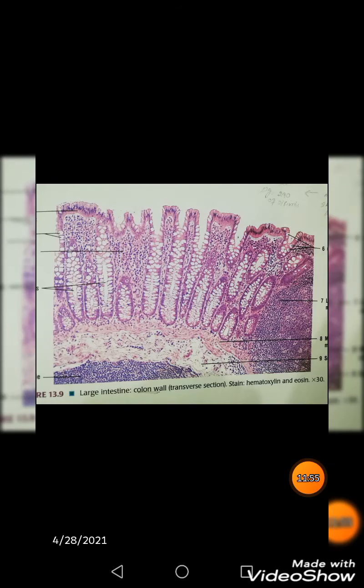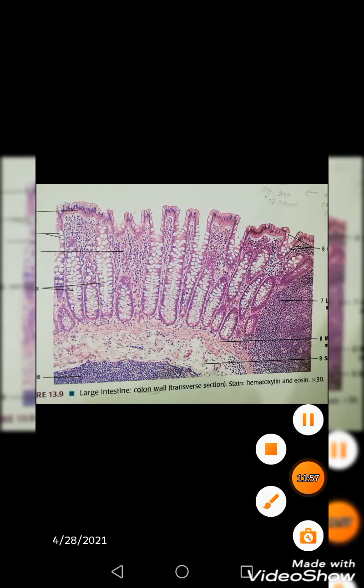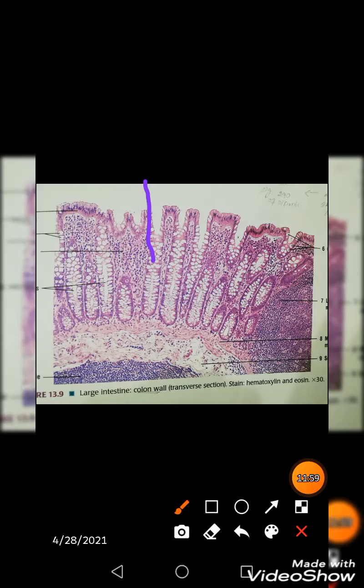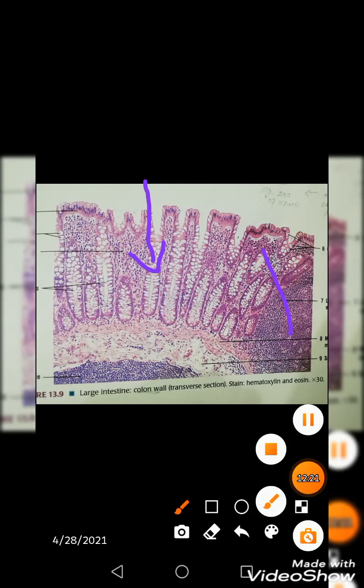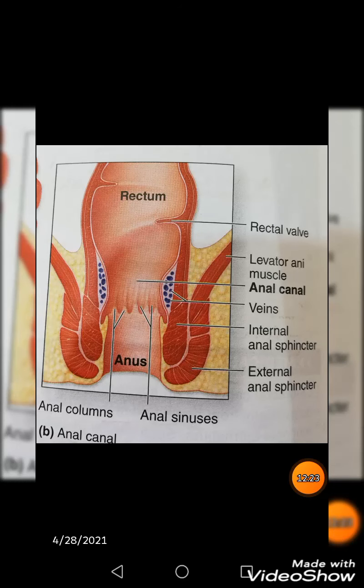Now this is another enlarged view to show you the glandular development, and you can see how the number of goblet cells increases from the colon, and becomes maximum in the rectum. These empty looking cells are the goblet cells, and this is a larger lymphatic nodule. You are looking into the lamina propria. Now we have to learn the rectum.